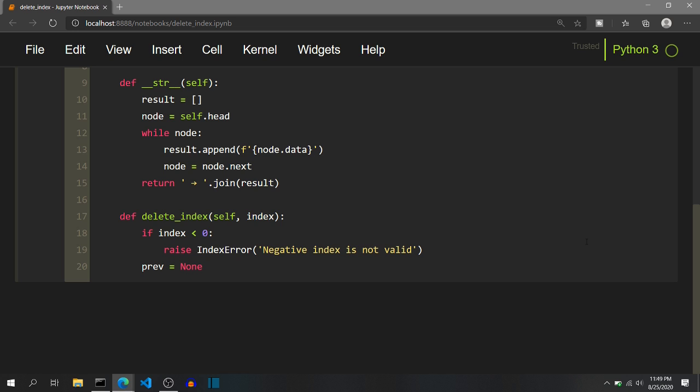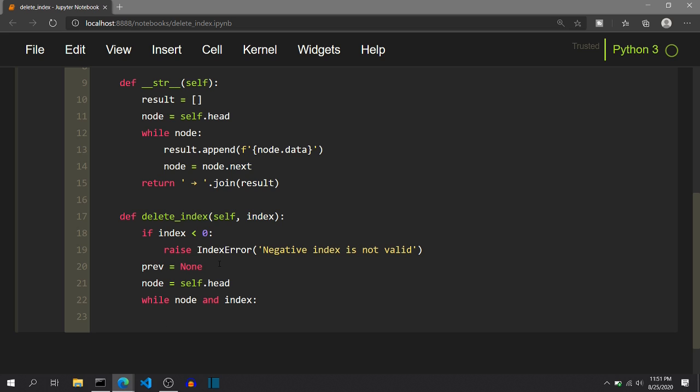We will initially set that to a None value, and we also need to keep track of the current node. So I will name that as node, and as we are starting the traversal by self.head, the current node will be initially self.head. It will make sense because there is no node previous to the self.head, and so the previous is None. We will iterate while there are nodes in the linked list and the index has not been exhausted. And why this index will be exhausted, because in our code we will be decrementing the index parameter itself instead of keeping a separate variable for it.